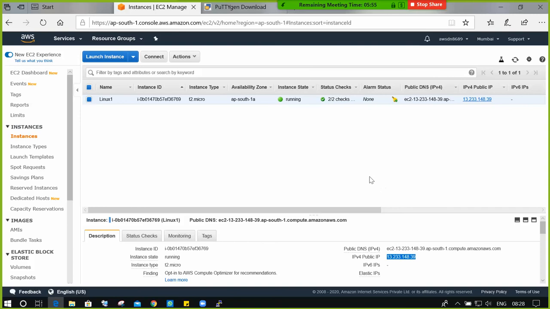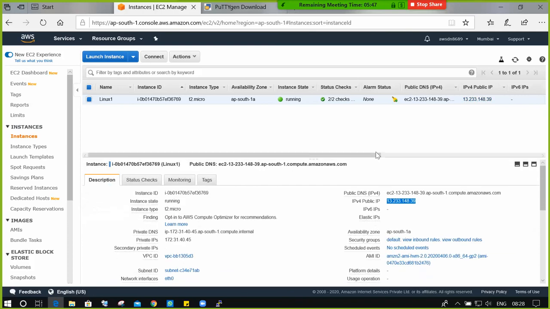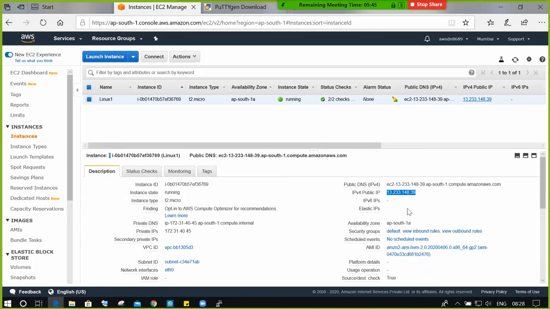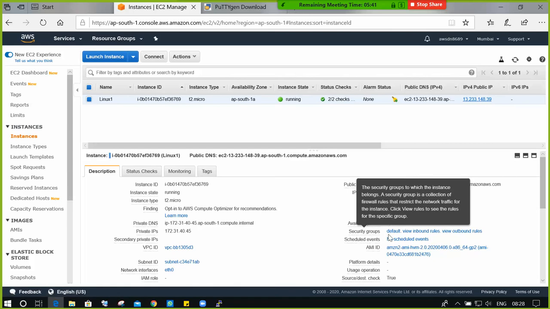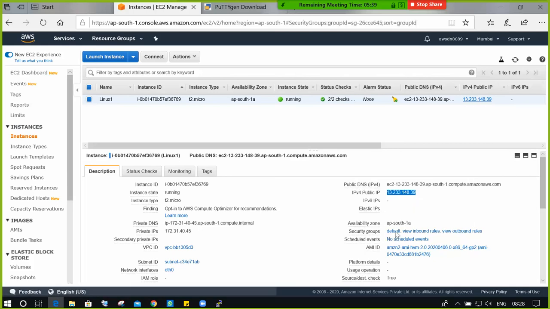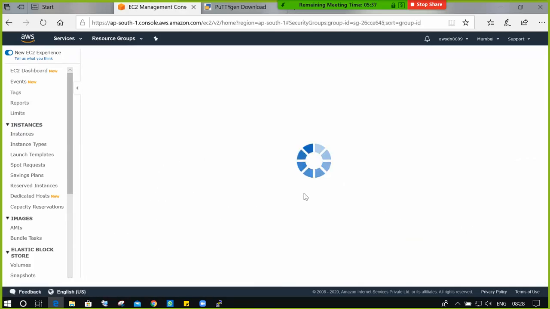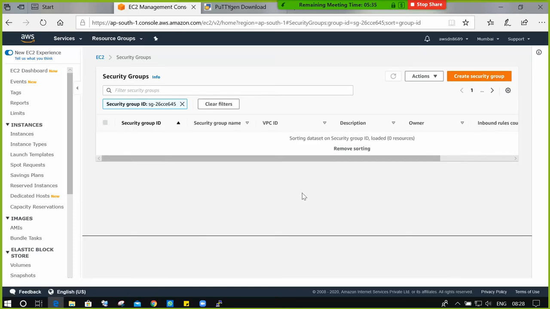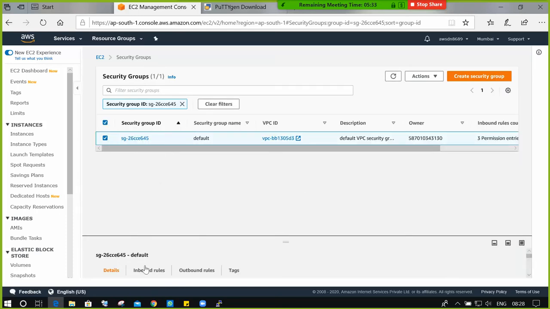In the Windows machine, we enabled the RDP protocol in the security group. In the same way, we need to enable the SSH protocol on the security group. So select the instance, go down to the security group, select the default security group name, and select the inbound rules.